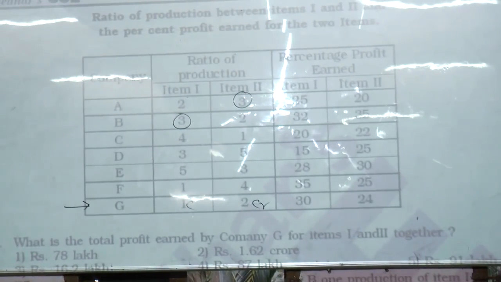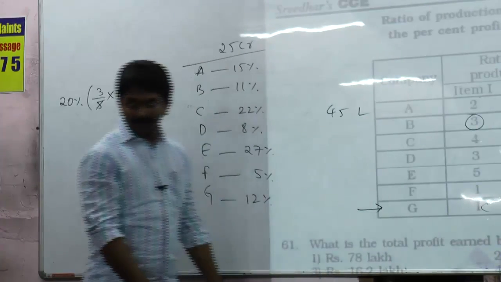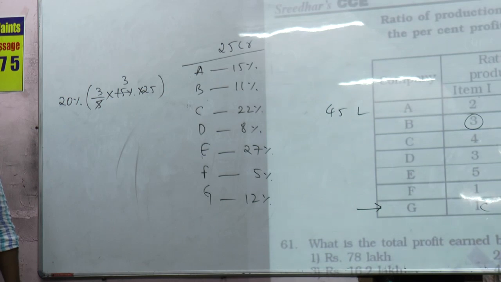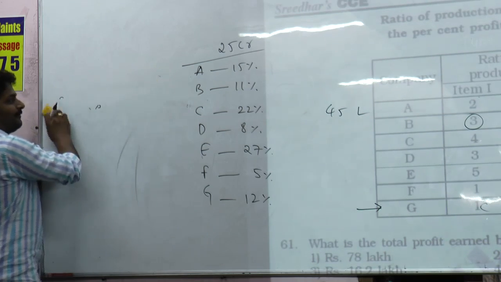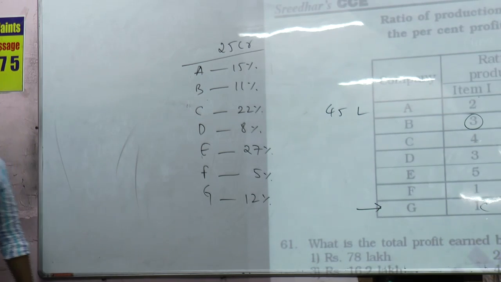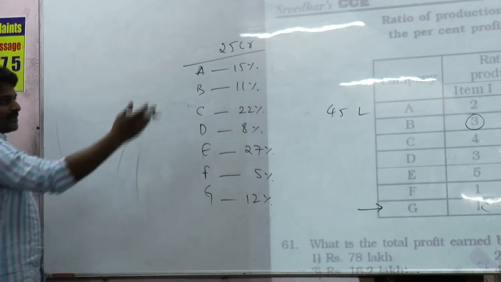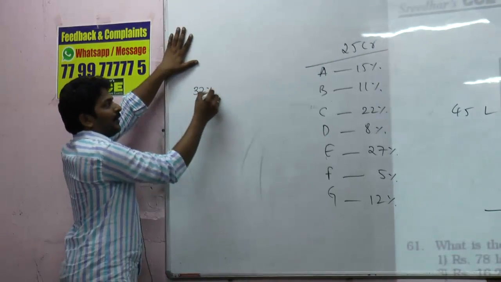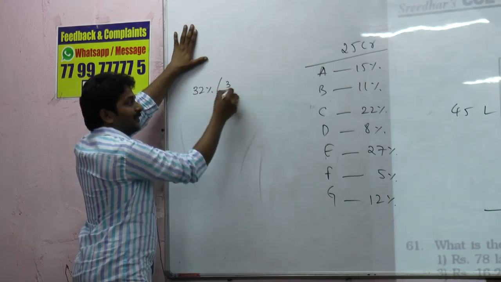Oh, wait. Sorry, we are not done. So far it is for company A only. We have to do it for the second company also. For company A, total profit is 45 lakhs. And for company B, how many parts we have? 3 parts out of 5 parts. And what is the percentage profit here? 32%. So now you need to calculate 32% of 3/5 of